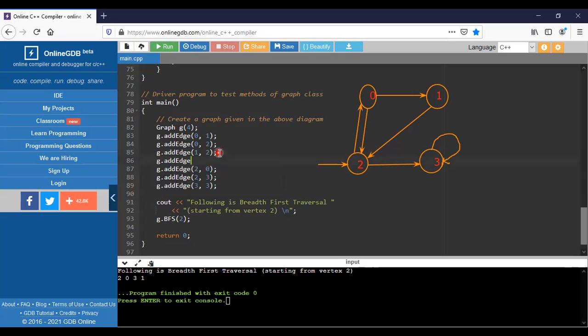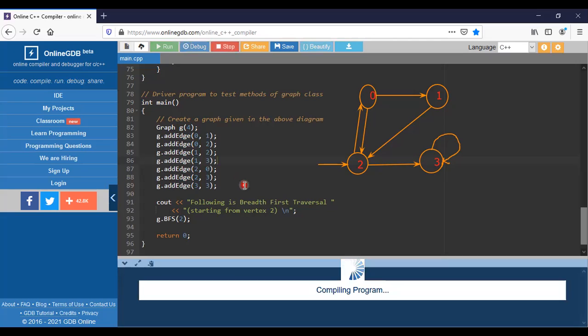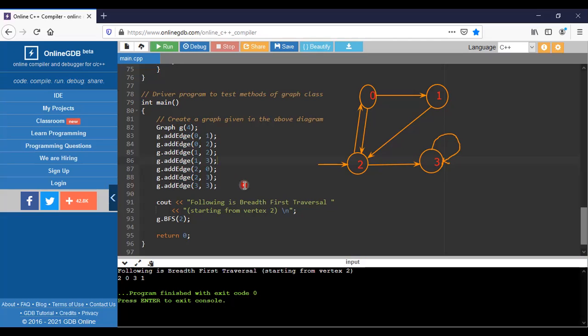Add edge of 1, 3. Then put the semicolon. So the edge here is 1, 3.